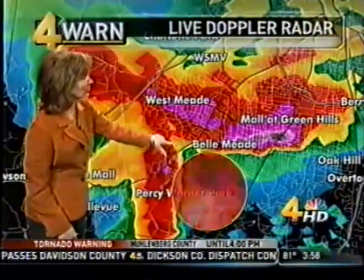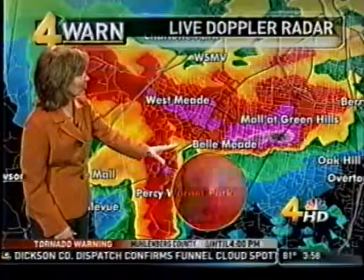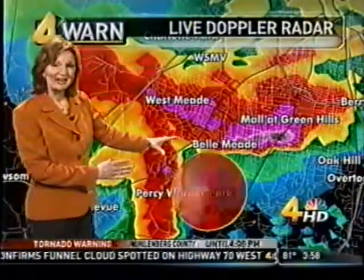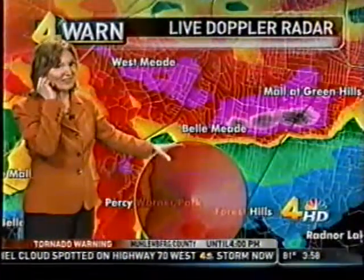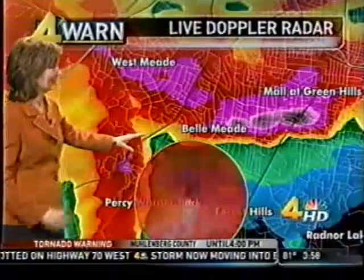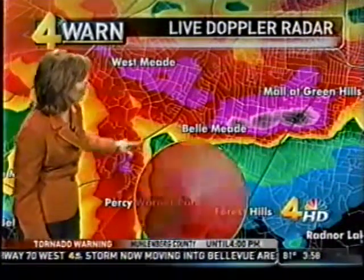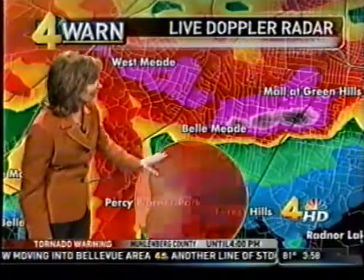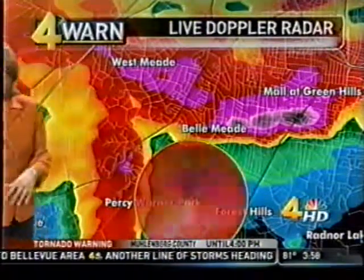This is where we're looking at the possibility of that tornado located right in through here. So Percy Warner Park, right in through here. Can we zoom down even a little bit? And hopefully you can hear us here at home. It's getting really loud. It's hard to hear anything else, Lisa. All right, so there we go along I-40. And here's the Belle Meade. And at this point,